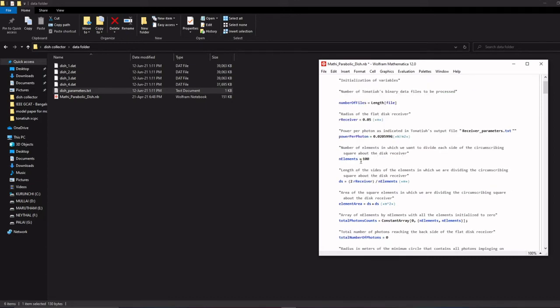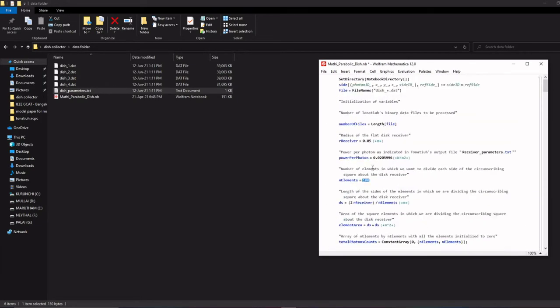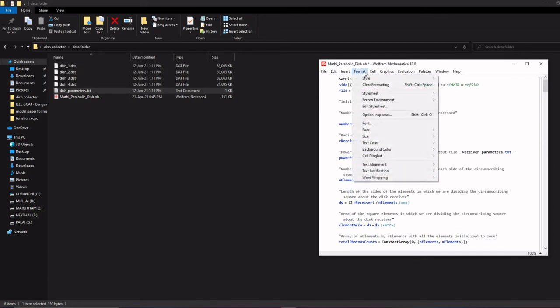If you want, you can change the number of elements. If you change the number of elements, it will give more accurate result. Then remaining things keep it as it is, don't change anything. Now go to